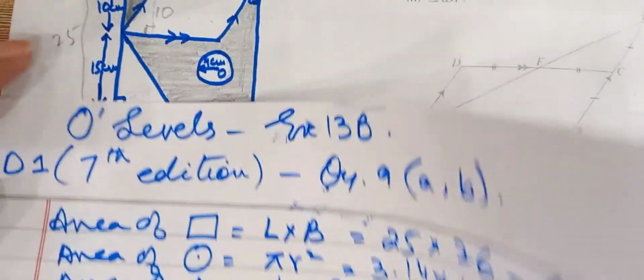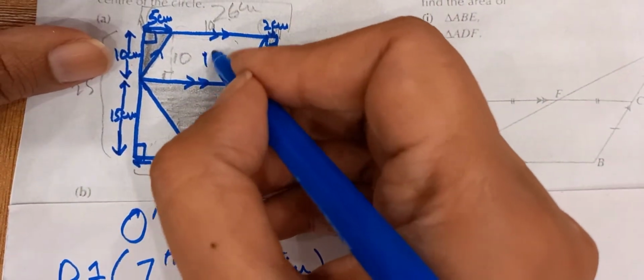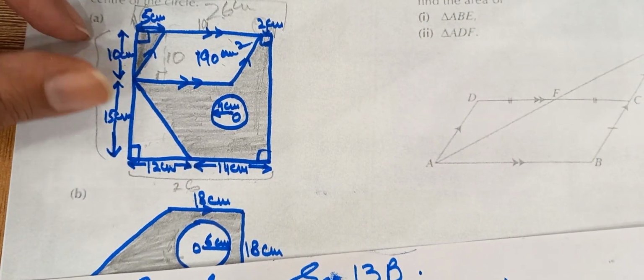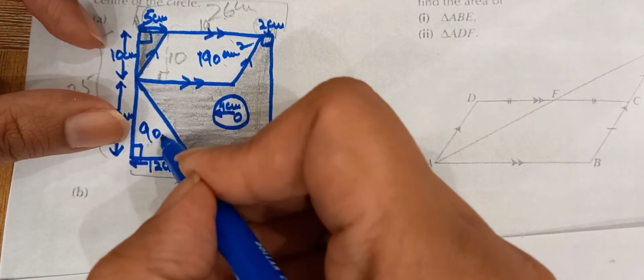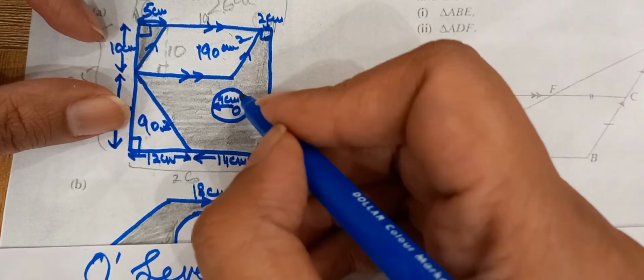Now the triangle is 90 centimeters square, and the area of the circle is